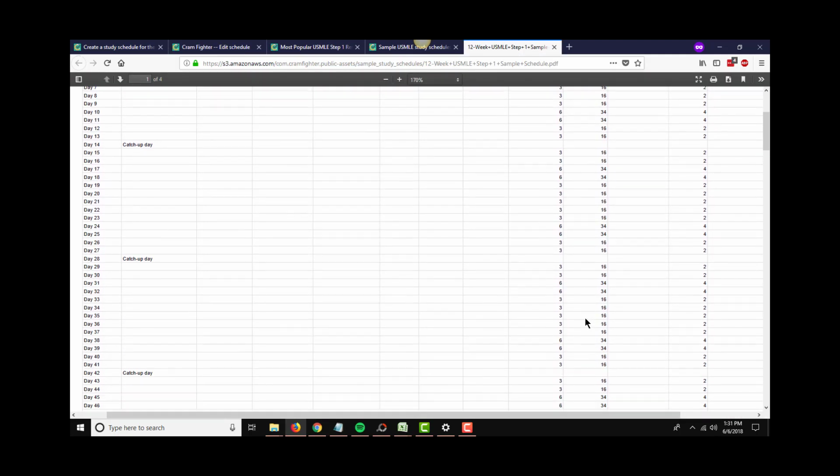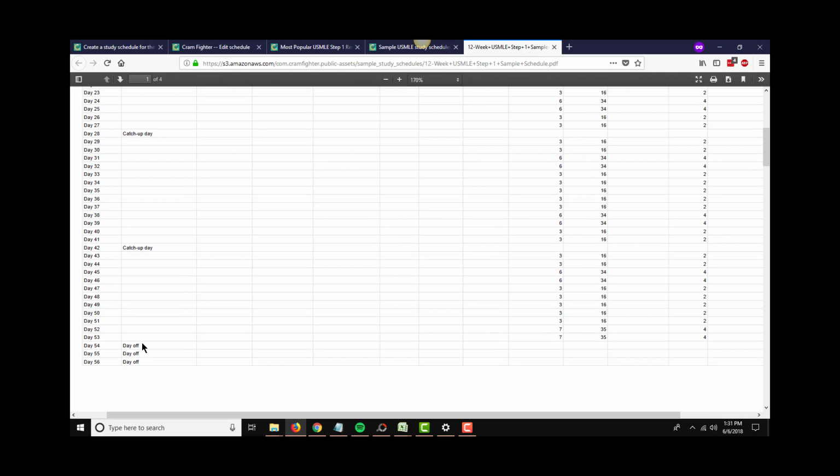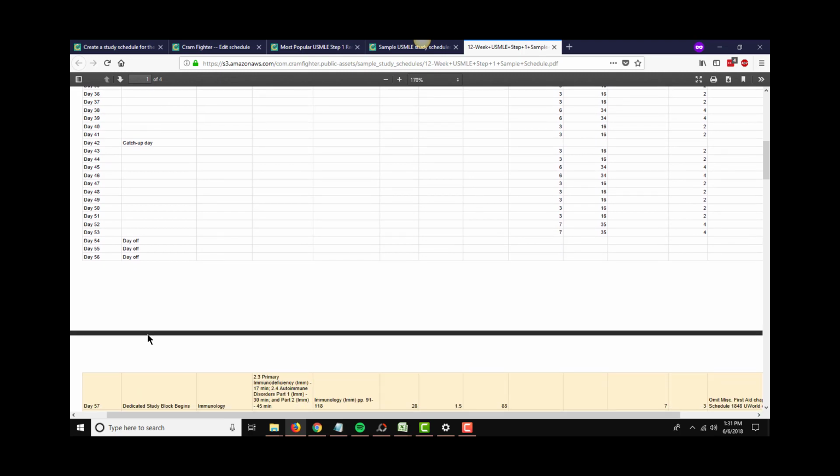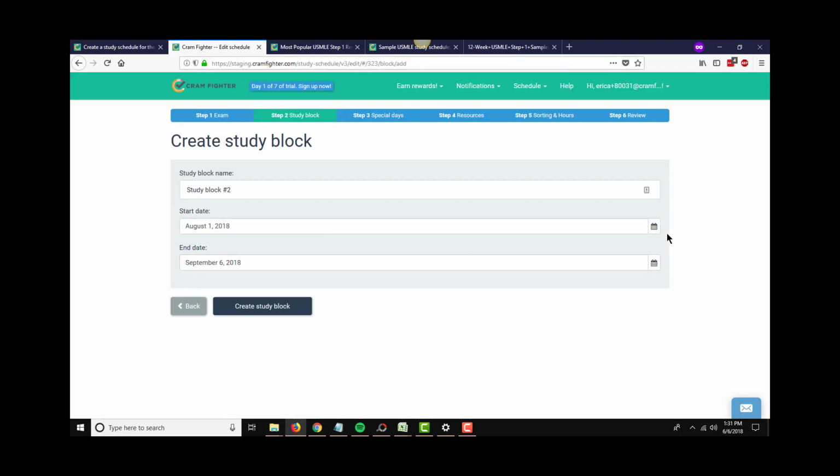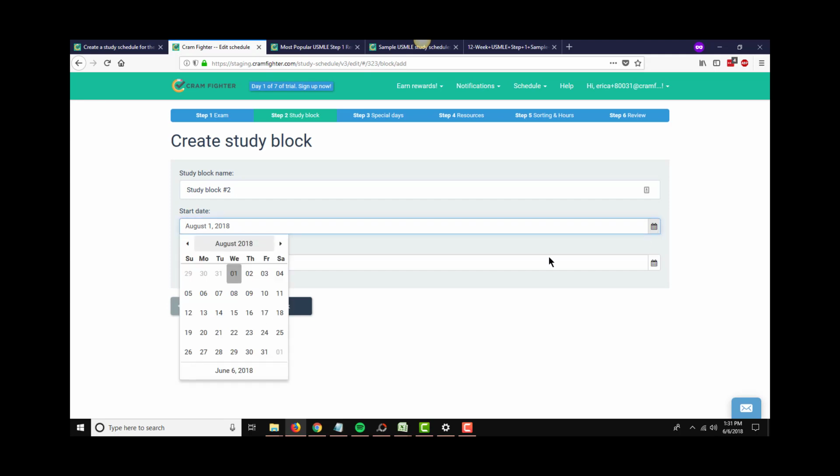Let's look back at this. So they actually scheduled themselves a 3-day break in between the QBank first study block and the beginning of their dedicated study block. We'll do that similar here. The last study block ended on July 31st. So here's July, and here's the end date of the first study block. Then I'm going to go 1, 2, 3 days off, and have this study block start on